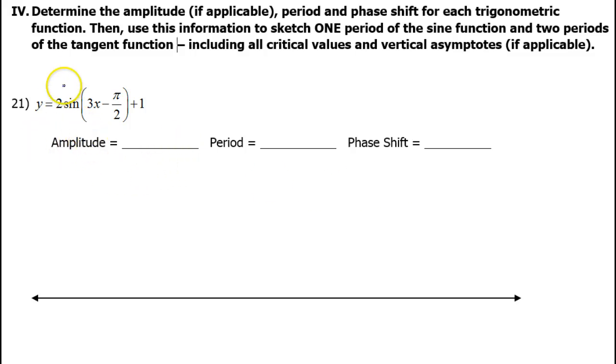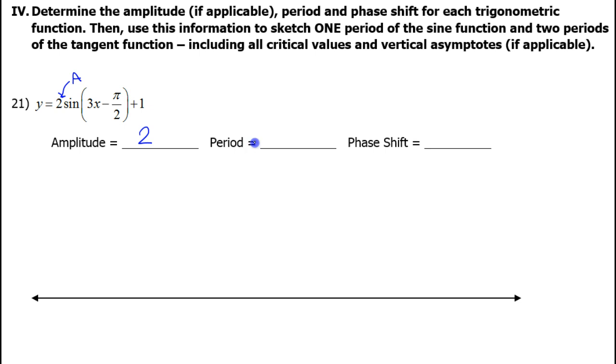So let's see. Based on the a value of 2, that tells me that the amplitude is going to be 2. I'll come back to that later. Even if this had been a -2, for the amplitude I would have said +2. Now, for the period,